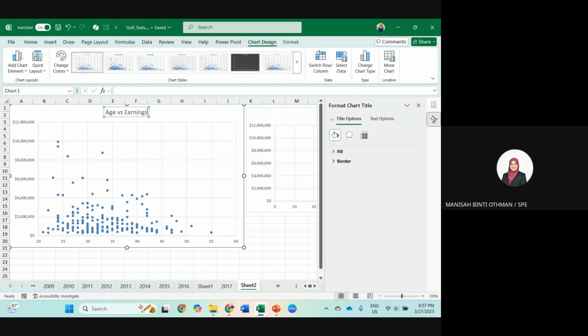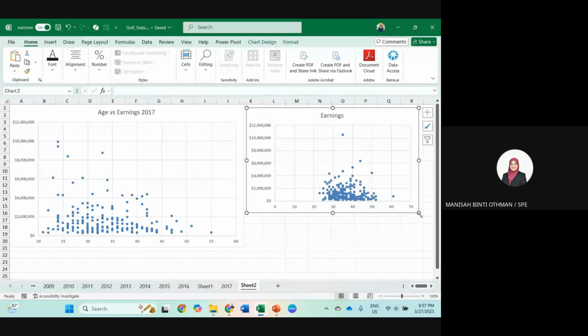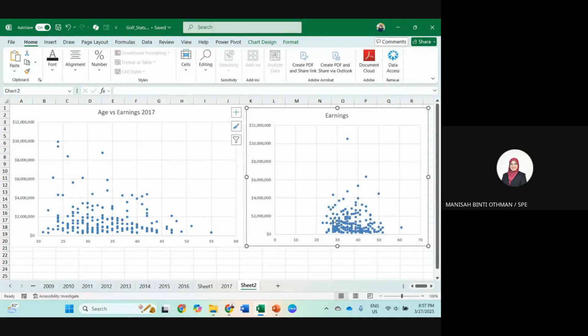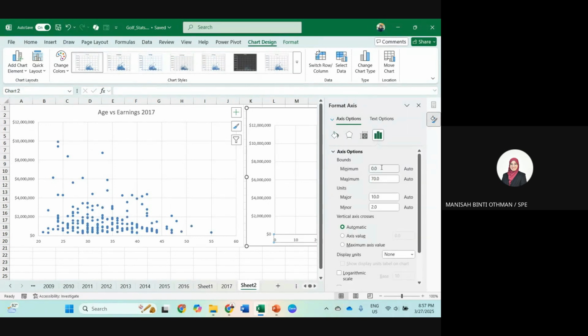Is there a difference between the years, 2017 and 2009? Is there any difference? It's the same. So I can click here, click this axis, click this one, and again in Axis Options set the minimum to start at 20.